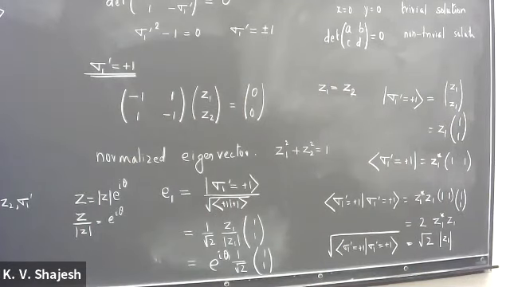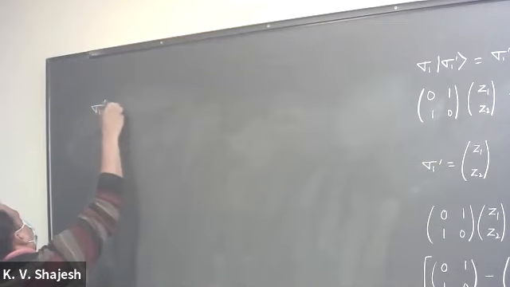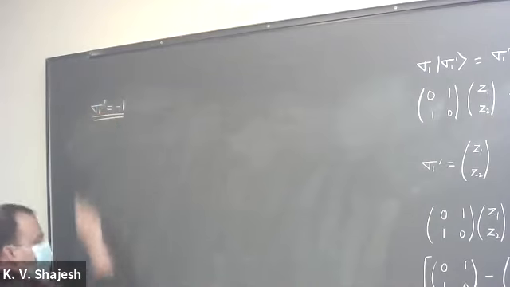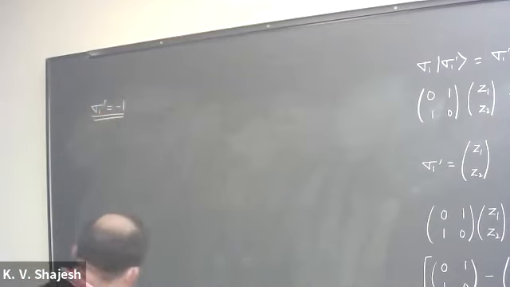So for sigma 1 prime equal to minus 1, let's do a slightly different procedure. This time we are saying it is minus 1, so the matrix with entries 1, 1, 1, 1